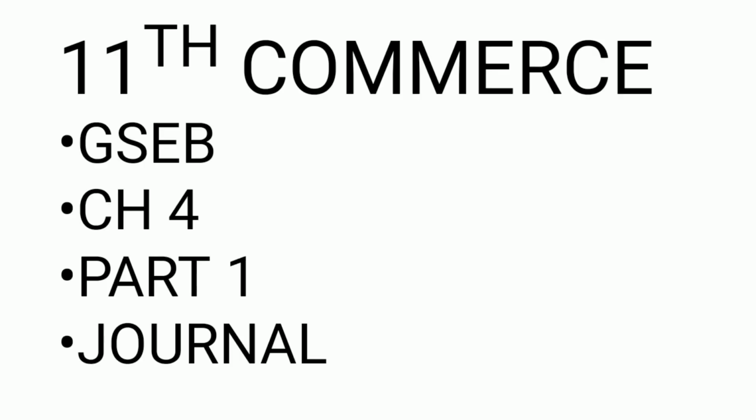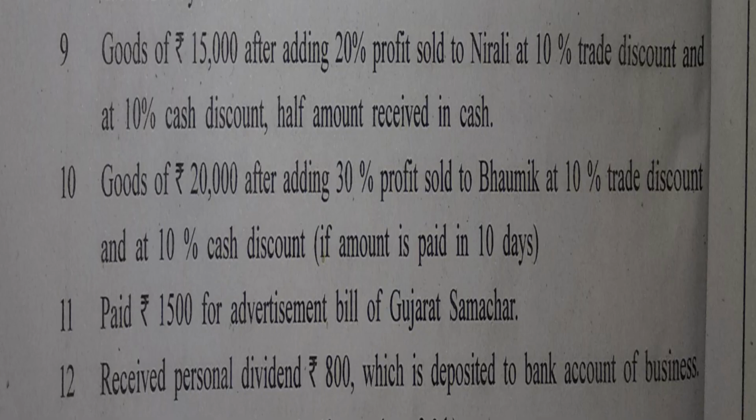We are going to continue with chapter 4 journal from part 1. This is the second part of your previous lecture, that means lecture 22 itself, and we are going to continue with illustration 12 given on page number 82 and further followed by 83. Yes, the illustration is too long. We have finished I think 9 to 10 transactions in the previous lecture, and we are going to continue now. We have completed understanding of the transactions and writing down the journal entries up till transaction on 9th.